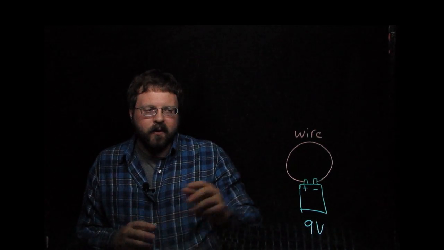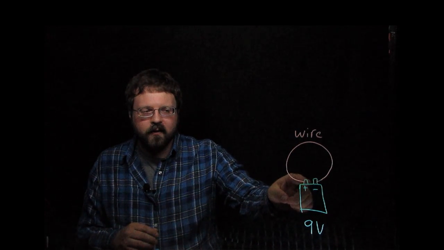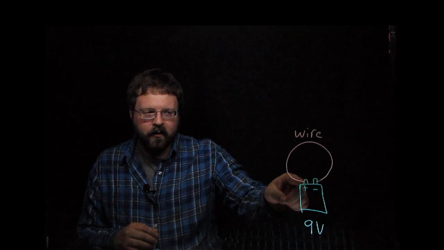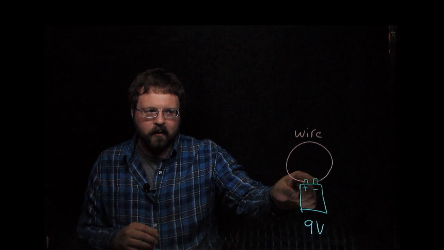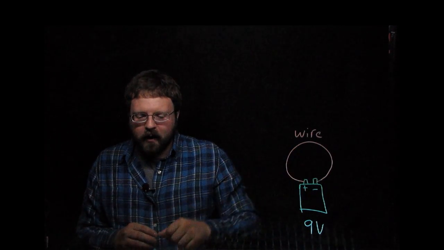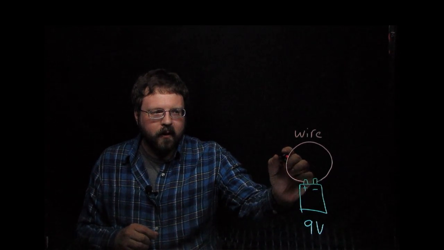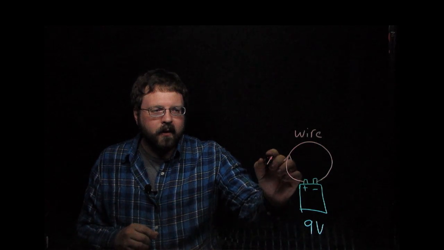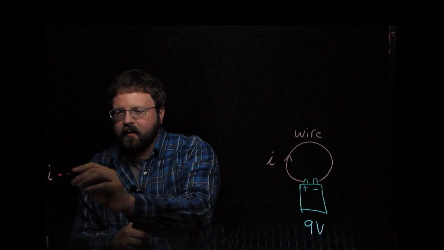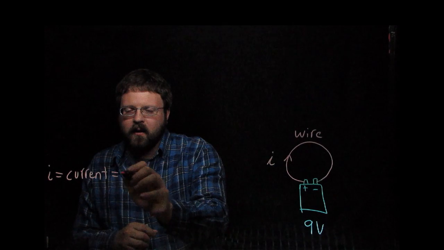And typically, we think about the positive charges moving around. So if we hook the wire up like this, even though it is electrons moving around like this, I might talk about it as if positive charges are moving around in that direction. And the movement of those positive charges is what we would call current. So I'll draw that with an arrow. And typically we label current with the lowercase letter I. So I is the current,